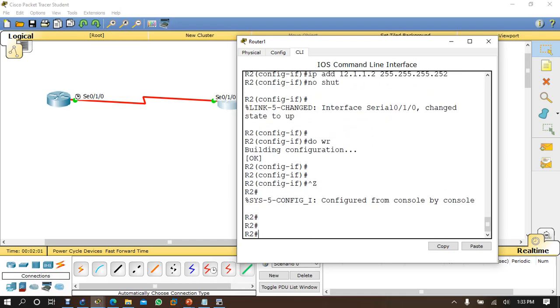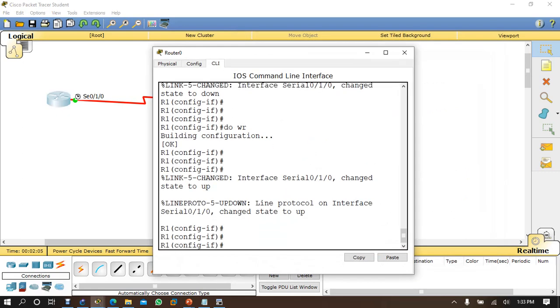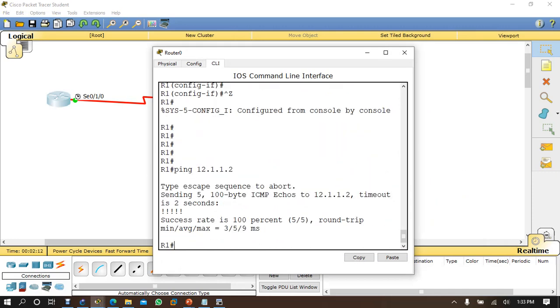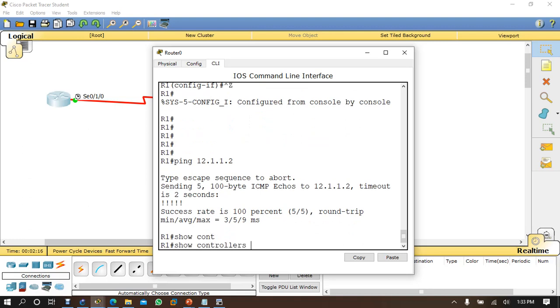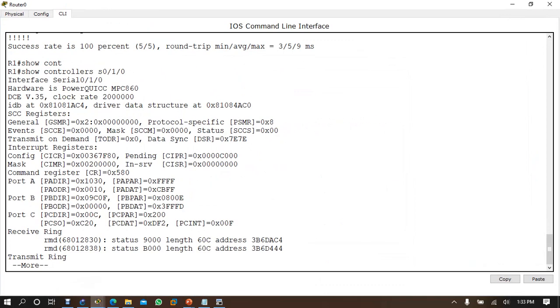Now let's see whether they are communicating or not. Come here to this router, ping 12.1.1.2. It is pinging, right? Successful. But if you type here show controllers serial 0/1/0, now see, this is DCE here.